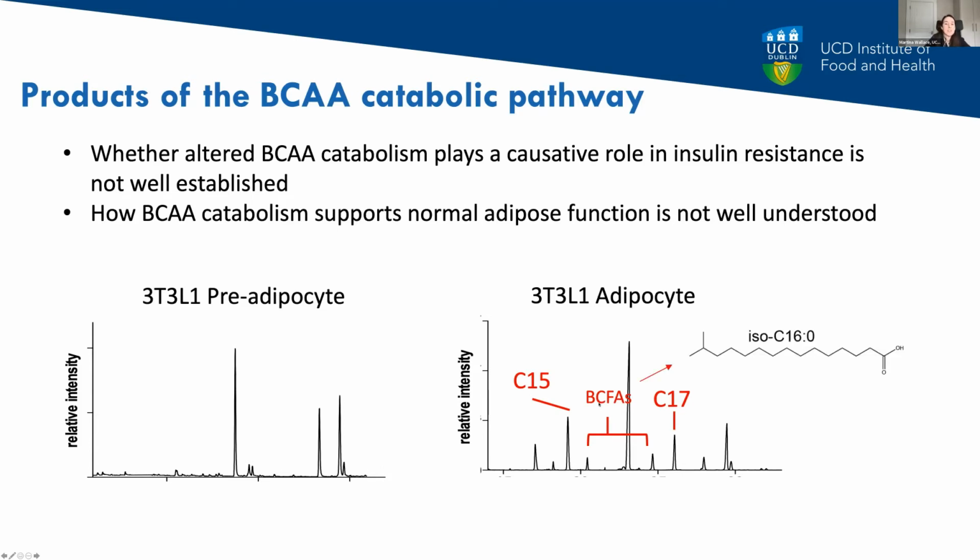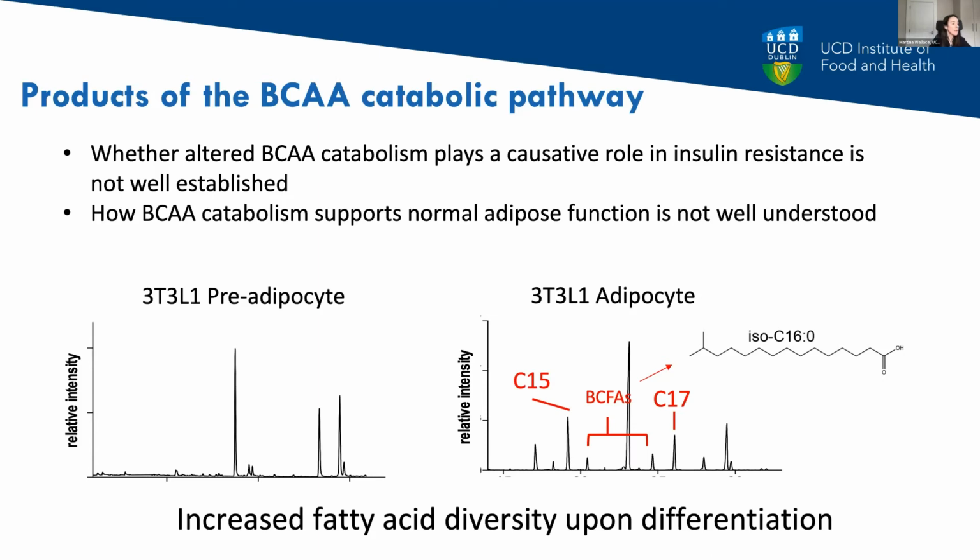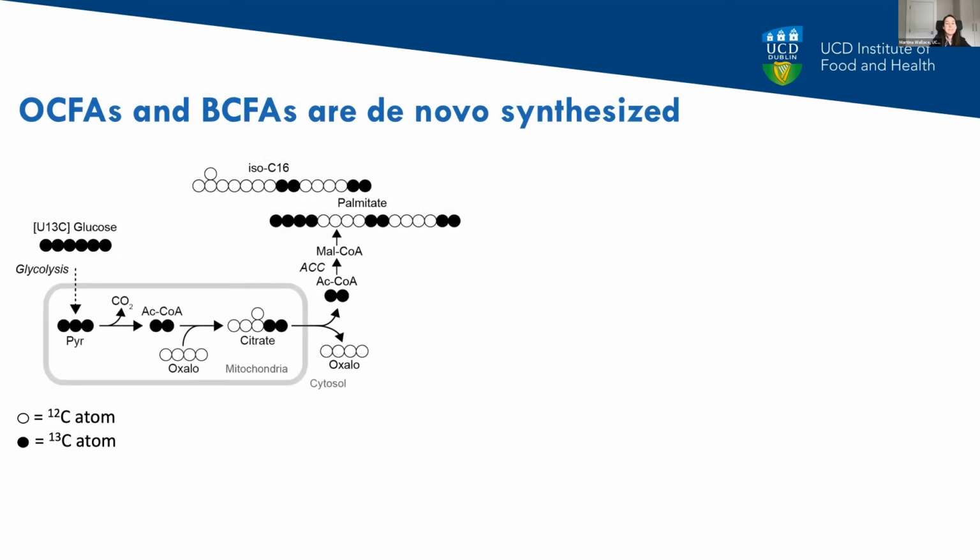And this was really interesting to us at the time because it was presumed that any of these monomethyl branched chain fatty acids present in humans came from the diet, and that mammalian cells didn't really make them themselves outside of the skin. So we wanted to see whether these are being made de novo through the same process as palmitate, that the adipocytes were really making them themselves and they didn't come from the media.